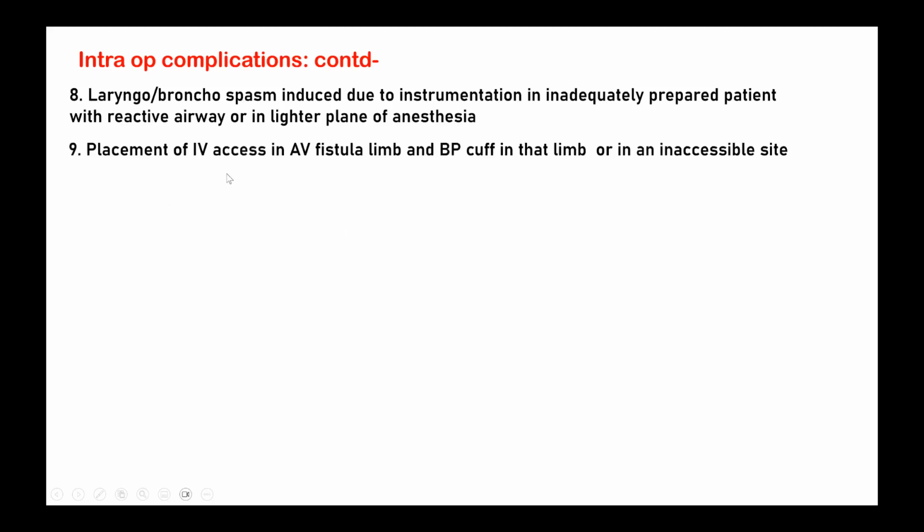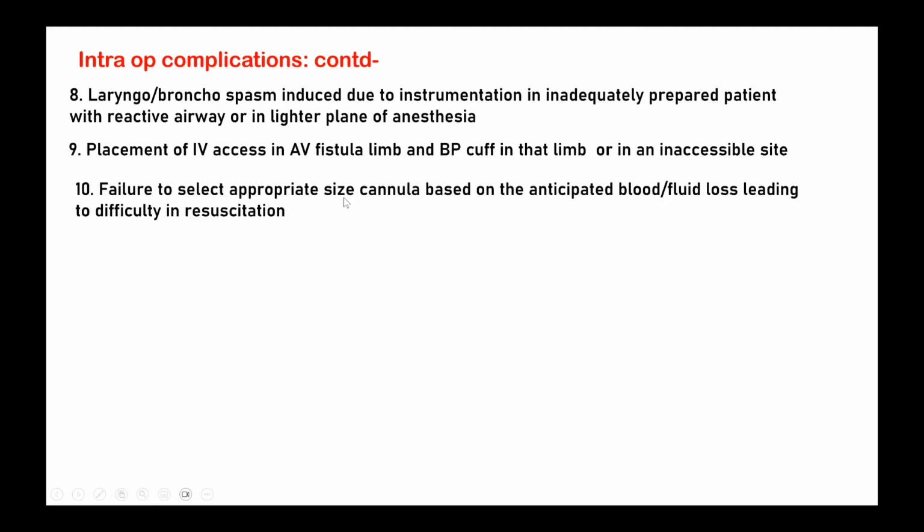And placement of IV access, especially in the AV fistula limb in a patient with chronic renal failure who is coming for a non-transplant surgery or transplant surgery, you must avoid using the BP cuff or the IV access in that particular limb. And failure to select the appropriate size cannula, which may give difficulty if you need to give blood or a colloid fluid,